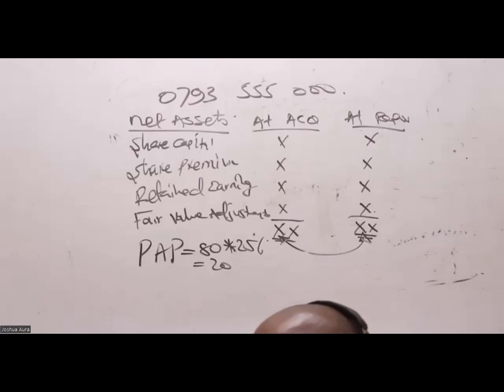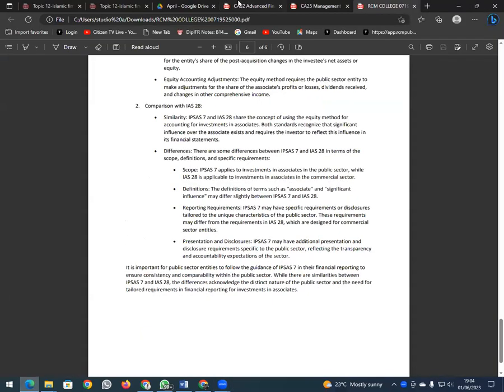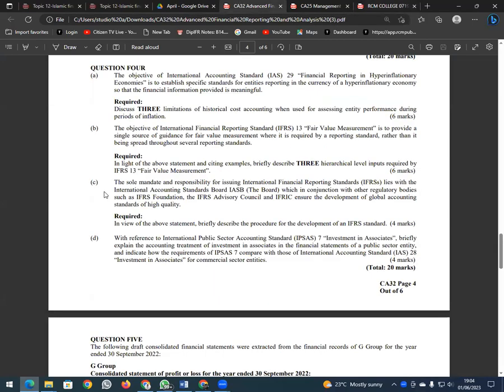Now, ladies and gentlemen, I would want us to look straight away at the same question paper, Part C. There is a way I'll be able to know whether you wrote these things nicely. So Part C: the sole mandate and responsibility for issuing International Financial Reporting Standards lies with the International Accounting Standards